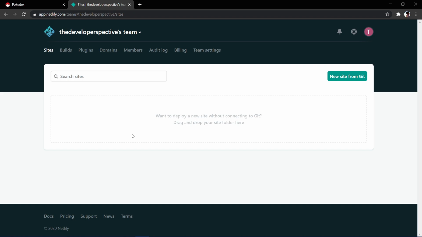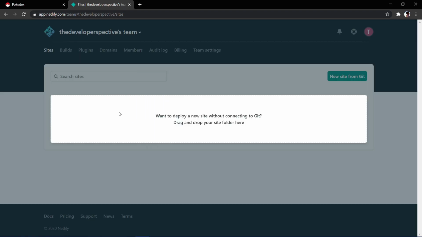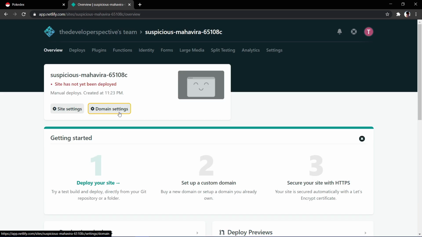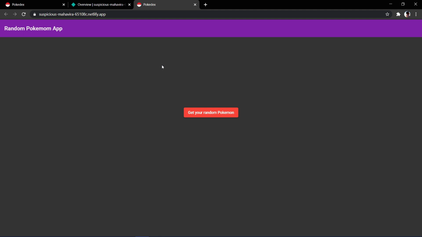I just need to drag and drop the folder where I have the index.html project. So I'll just drag and drop here, and this will take a few minutes to get deployed, so we'll just wait. Awesome. So we have the application URL with us. This is the universal URL which I can use anywhere, and I can access my application from around the globe on all the different devices. This is the URL on which we will try all different PWA tests.